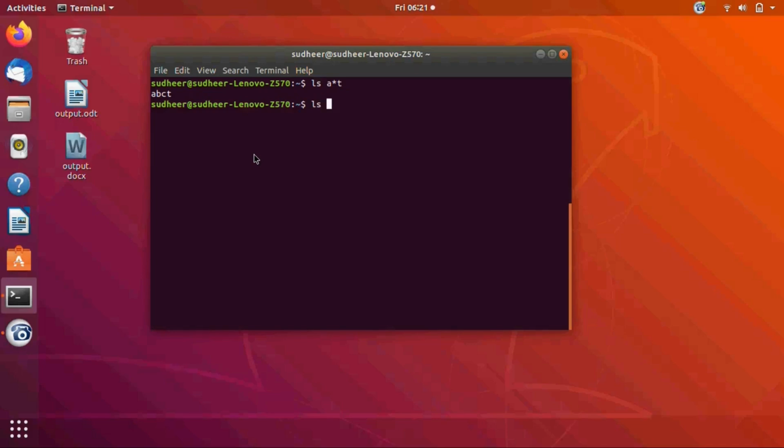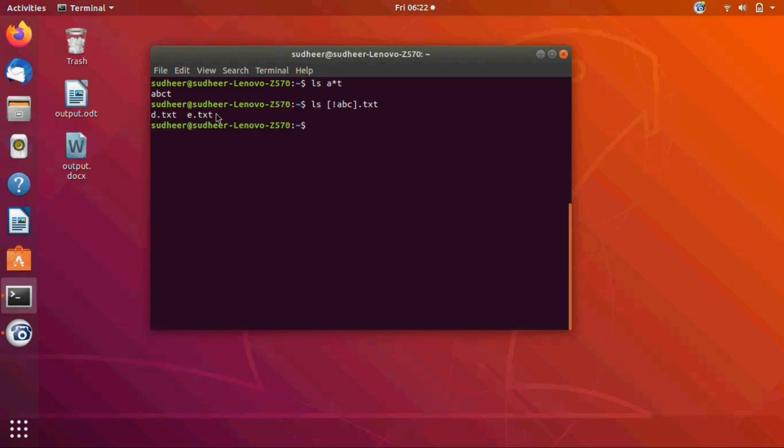Okay, so next command, ls, the character class not abc and extension txt. So using this command you are going to search the files with the extension .txt, but the file should not start with abc, because here you are given a not abc. The file should not start with the characters abc. So you got d.txt and e.txt.